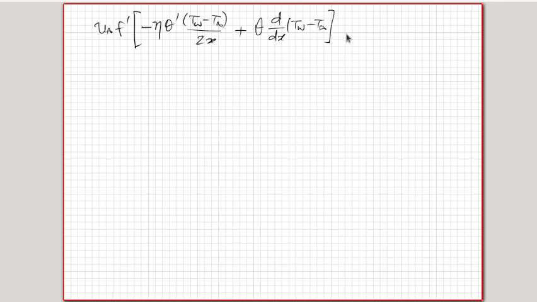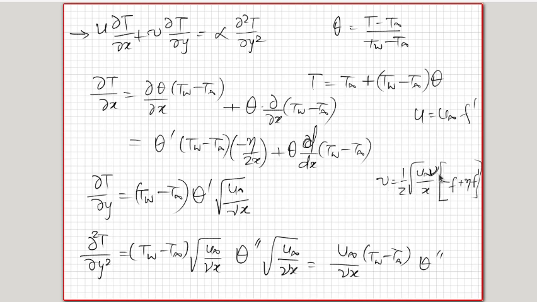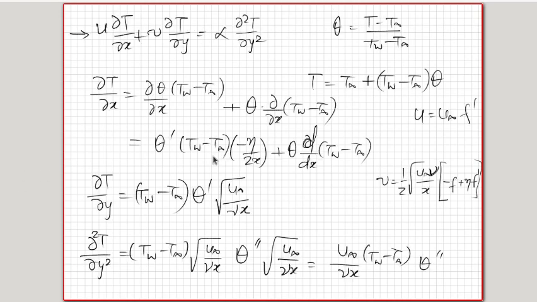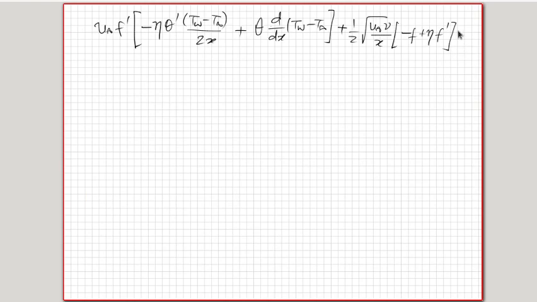So this is u del t by del x plus v del t by del y, will be plus v, which is this half of u infinity nu by x into this half square root of u infinity nu by x multiplied by minus f plus eta f prime. This is v multiplied by del t by del y, which is theta prime into t1 minus t infinity into square root of u infinity by x into theta prime into t1 minus t infinity multiplied by square root of u